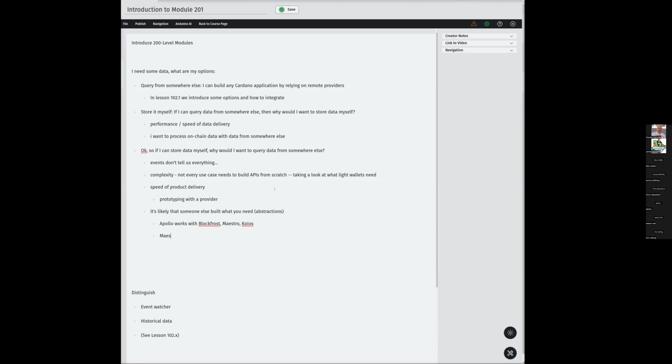Right. So you can start with, for example, Maestro. Let's just start with whatever. They've got a free tier. Or, hey, I want to start on Demeter and use their free tier. That's the nice thing about everybody having free tiers: you can try it out. Blockfrost is the same. Try it out, see whether it works for you, and then make decisions for you and your project that make